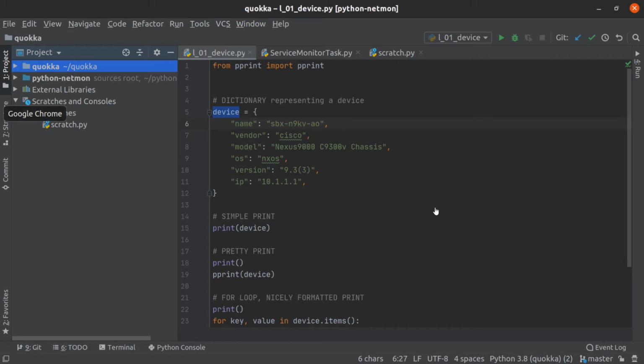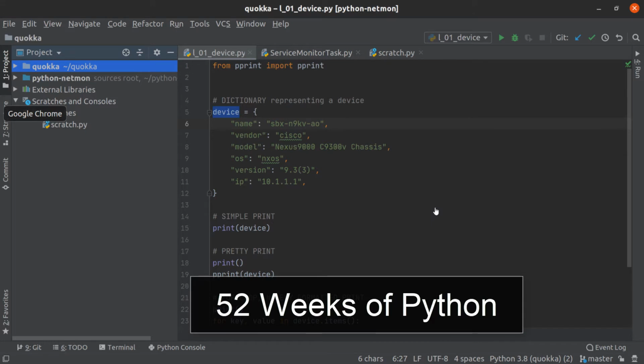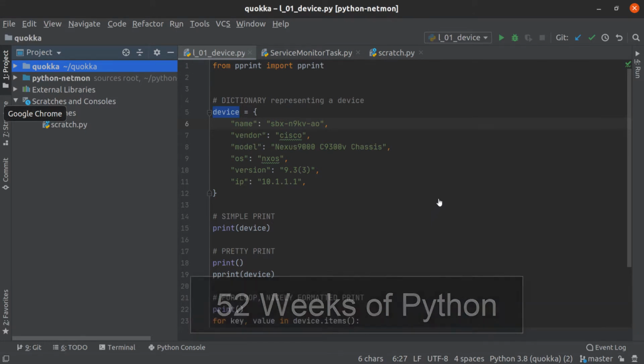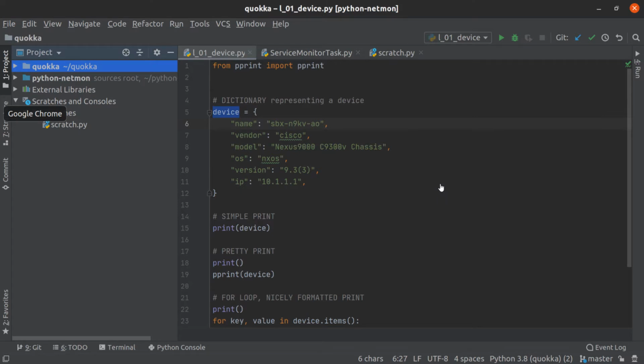You are in the class entitled 52 Weeks of Python. In this course, I will be teaching you to become not just somebody who can copy and paste stuff off of a web page, but somebody who actually knows how to write software. So you will become a software developer, a programmer, a coder, whatever you'd like to call it, over the course of 52 weeks. Now, as I've mentioned before, my intention in this class is that I will teach you using